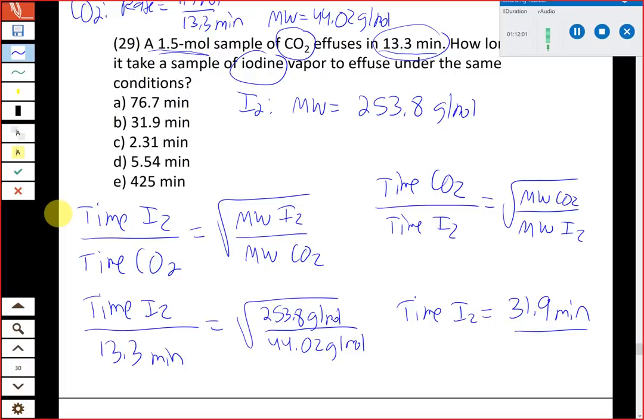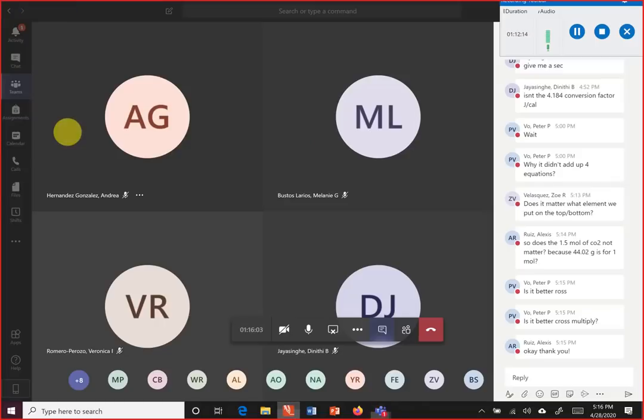And so all that matters is that the two gases are at the same temperature, and if that's true, and if you're studying them under the same conditions, this is really the only equation you're ever going to have to use for Graham's law, whether we're talking about diffusion or effusion. All right, I think we had